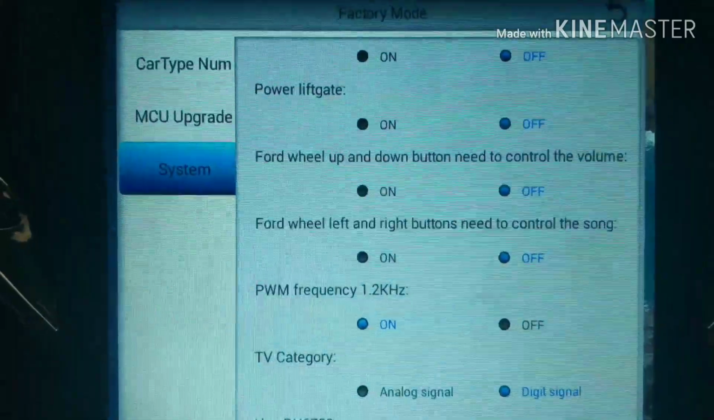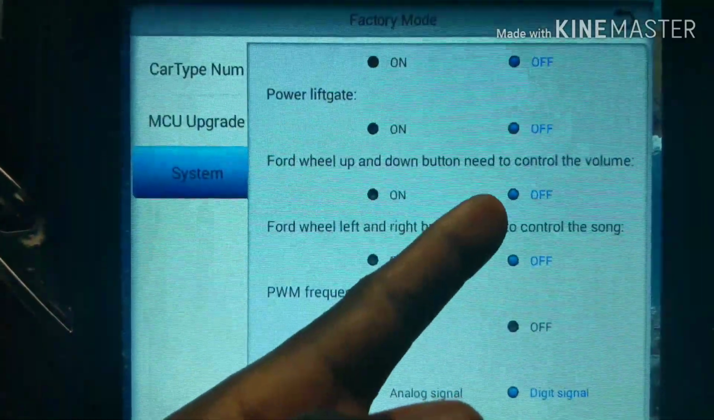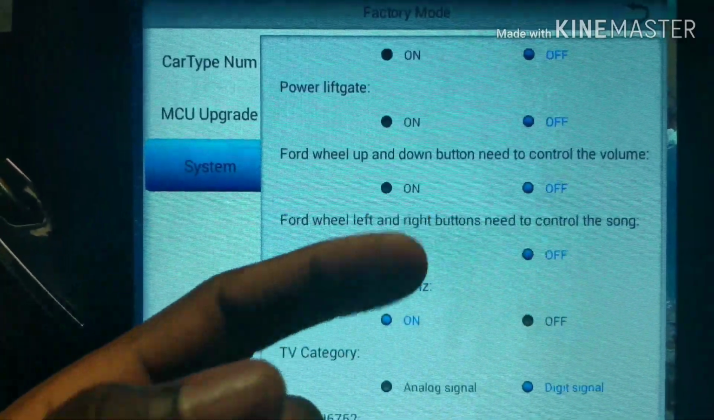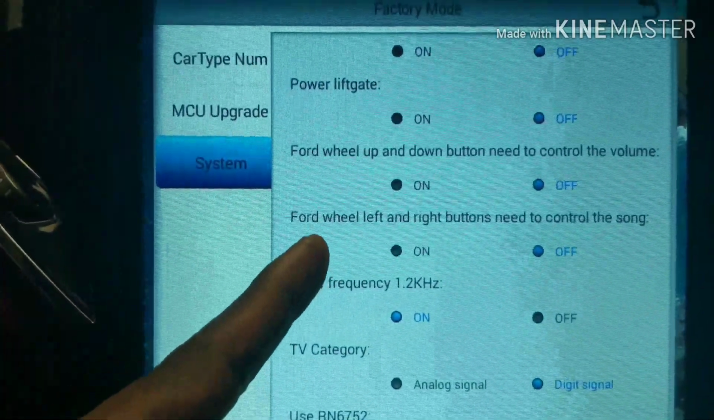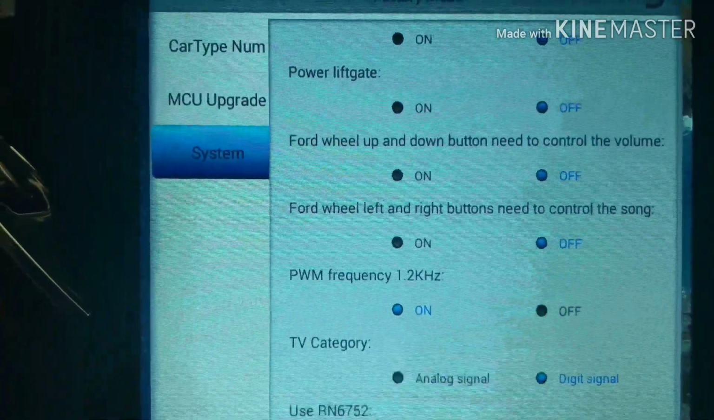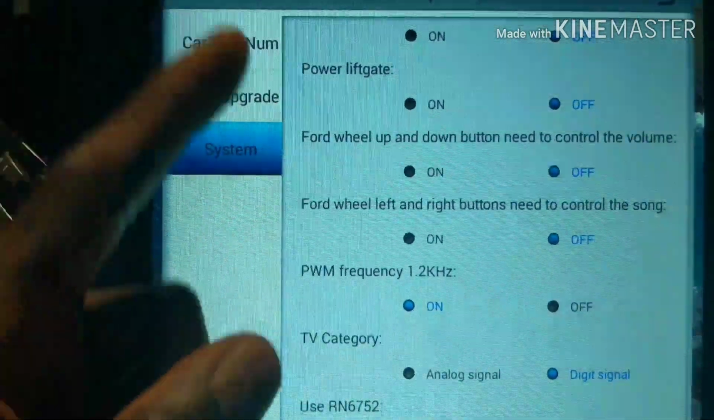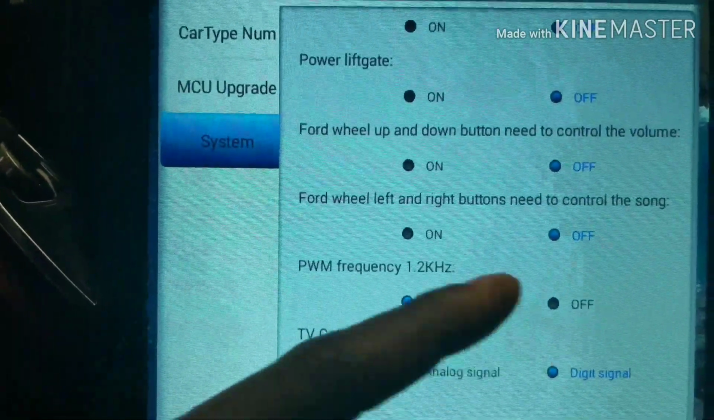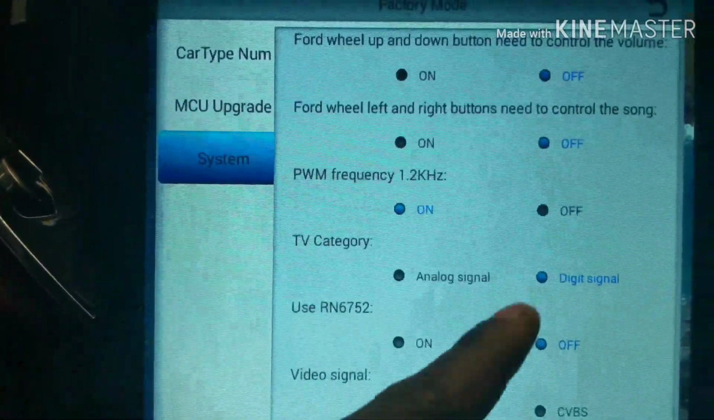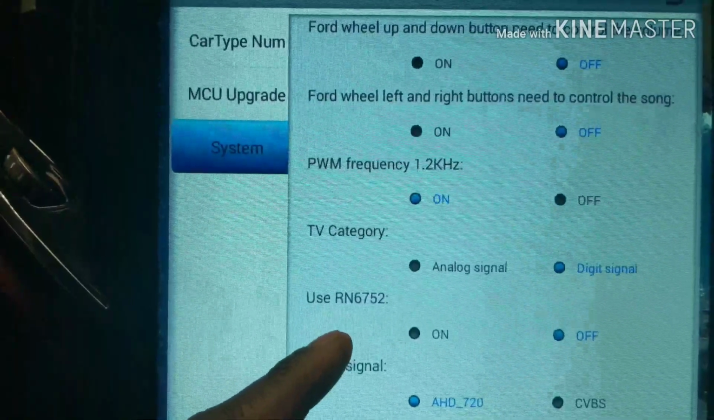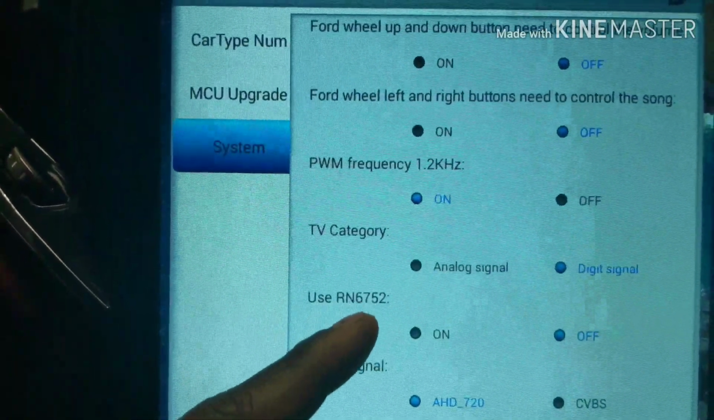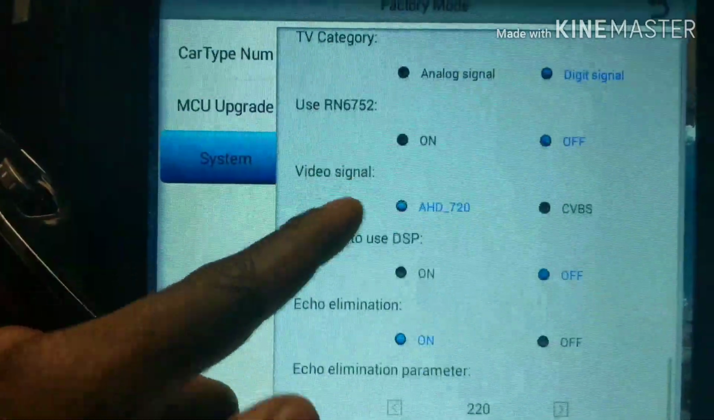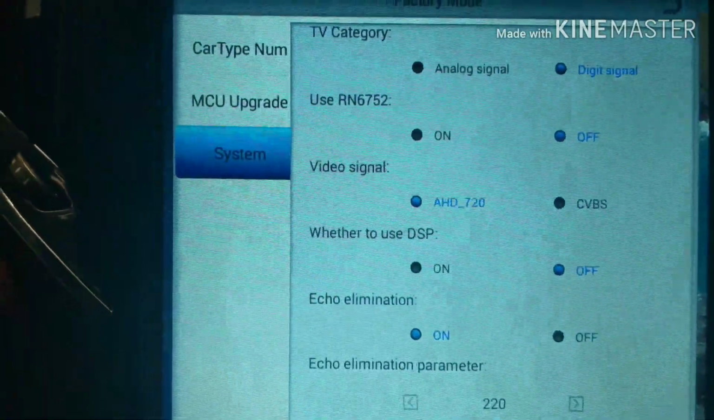All right, keep moving on. Your wheel up and down buttons need to control the volume. You're gonna leave that off. And this one here, right and left, that's gonna be off. That's for Ford vehicles, so this is not for Maserati. And your PWM frequency, leave that on. TV category digital, and your use RN6752 is gonna be on off. Your video signal AHD,